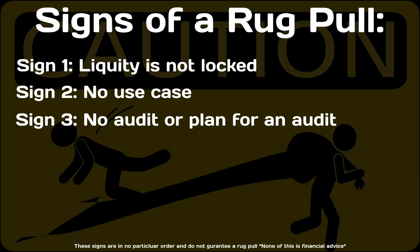The third thing we're going to talk about is audits. So if a token has gone through the audit process, it's less likely to be rug pulled. Now, that doesn't guarantee it won't be rug pulled. So it could still definitely happen after an audit, but having a token go through the audit process can then guarantee that first thing we talked about, that the liquidity is indeed locked properly, and bring up any issues involved